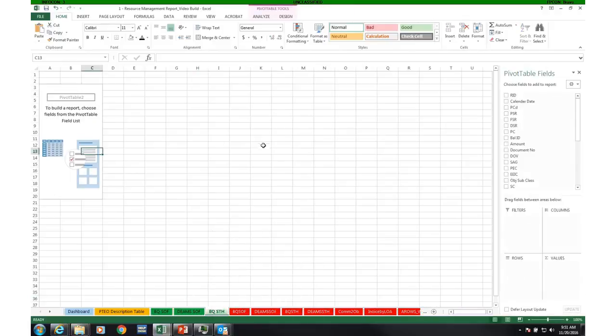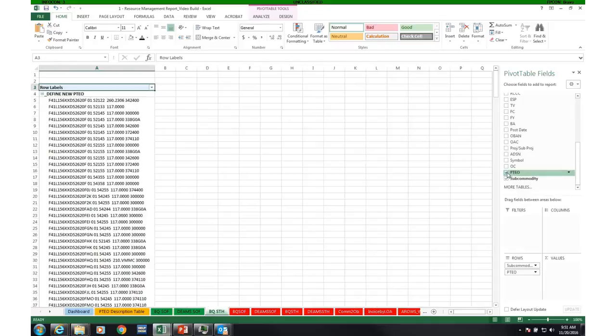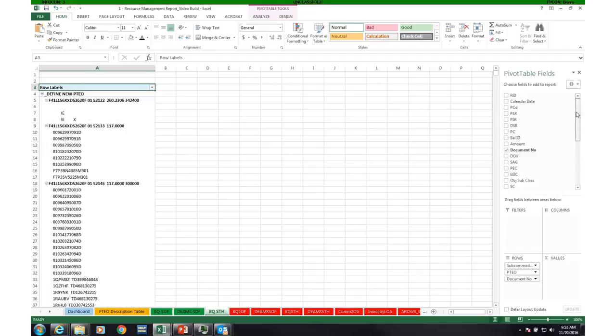Okay. So let's go ahead, and I'm going to set this up just like the template. So sub-commodity is going to be first, so we can view it by commodity in our selective history. Pateo, the reason why we add Pateo like that is because we need to save a little real estate. If we were to add all of these different data elements separately, it would expand way to the right. So we're going to save a little real estate this way and really not lose any of those data elements. Next is going to be document number, calendar date,